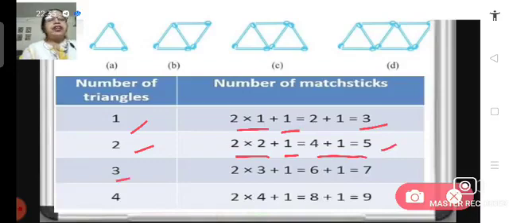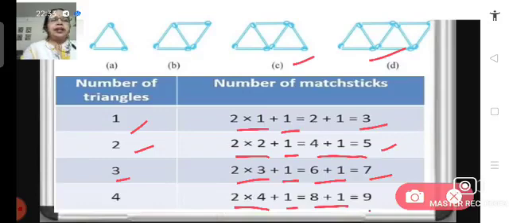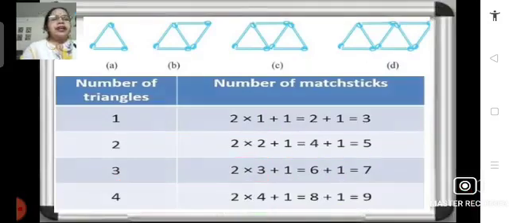If you have 3 triangles like this, then it will be 2 multiplied by 3 plus 1, that means 6 plus 1, that is 7. And if we have 4 triangles, then it will be 2 multiplied by 4 plus 1, that means 8 plus 1, that means 9. So, children, carefully observe the figures and try to understand this problem,